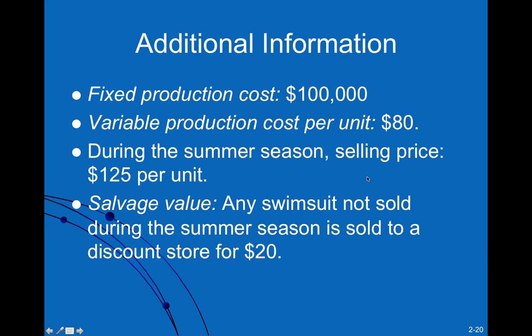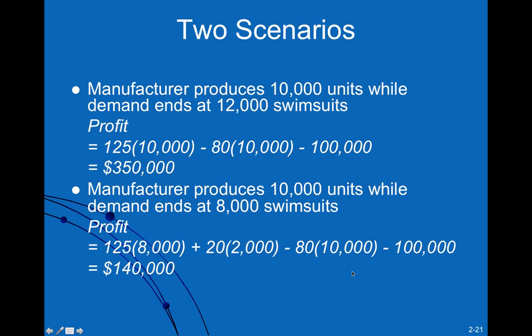So we have some examples where fixed production cost is 100,000, and variable production cost per unit is 80, right? And then during the summer season, we have a selling price of $125 and a salvage value of $20. So we could compute for that. If the manufacturer produces 10,000 units, and if the demand ends up at 12,000, then unfortunately you only get to make profit on the 10,000. You've lost an opportunity for selling 2,000 swimsuits. All right, and you could compute what the profit is,